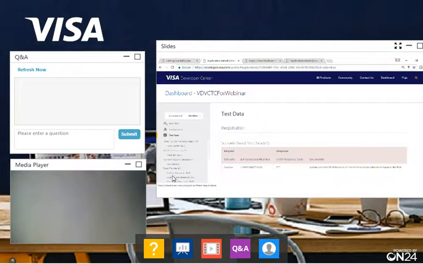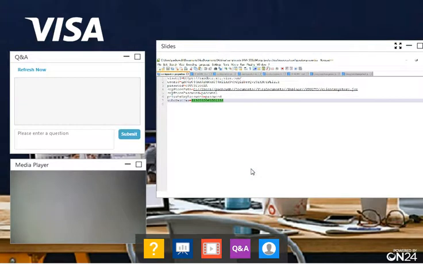So this would be all the guidelines of where to get the test data from will also be there in the configuration properties. So I have just overwritten this with the card number here, but when you download the sample code, you will actually see the instruction here on where you can get this test data. So once you have this configuration file filled up, and that's all you need,